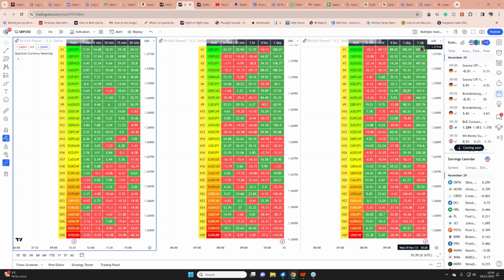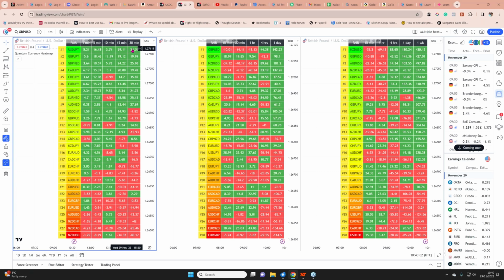It will have a certain set number of time frames allocated to the indicator, but you can't change them. On TradingView you can, and not only does it give you that option, but it also gives the option to run multiple. So as I've got here, I've got 3. So this is like a slowed down version, if you like, of the currency matrix, because the difference between the currency matrix and the currency heat map is that the currency heat map weights this ranking according to the time frames. And as I outlined in the earlier conversation, the slower the time frame, the greater the weight it will carry. And it doesn't matter what you're looking at, that's a fact.